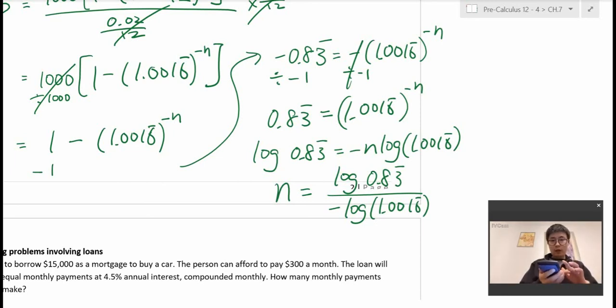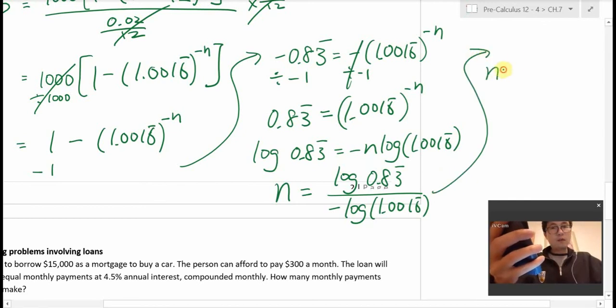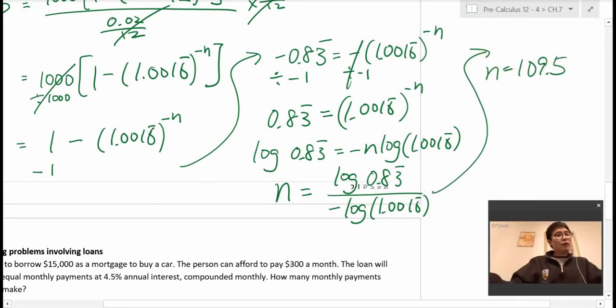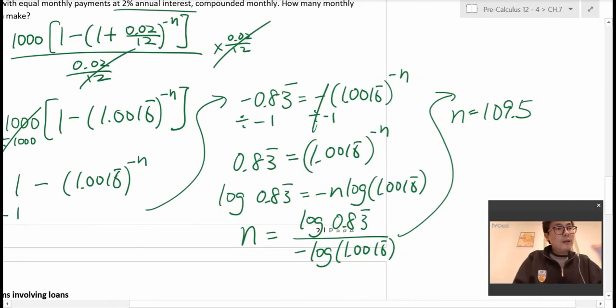Again, a lot of 6's because it's repeating. And then the calculator tells me that this equals 109.5. So if I pay $1,000 each month, it will take me 109.5 payments, which means I need to make